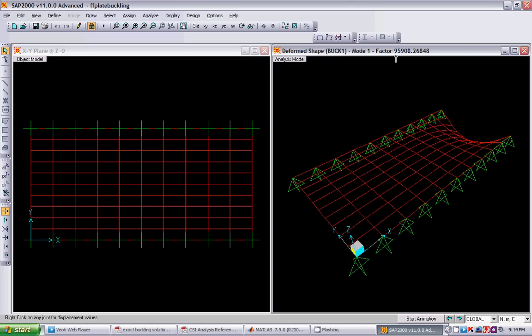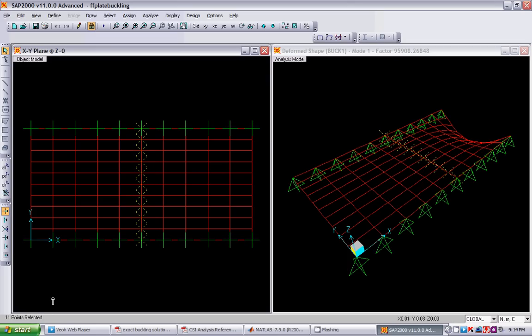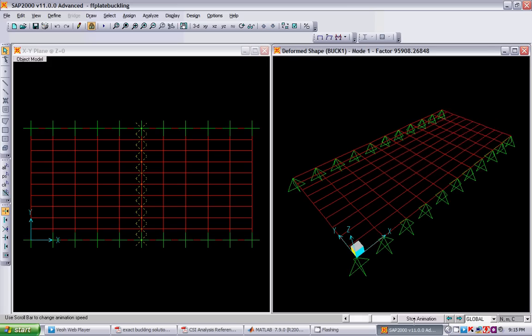So it means you have to apply 95908 times 1 Newton of force at each of these joints. So how many joints do we have? We have a total of 11 points. So 11 times this numerical value has to be applied in compression to make it buckle in the first mode, and you can have a look at it.